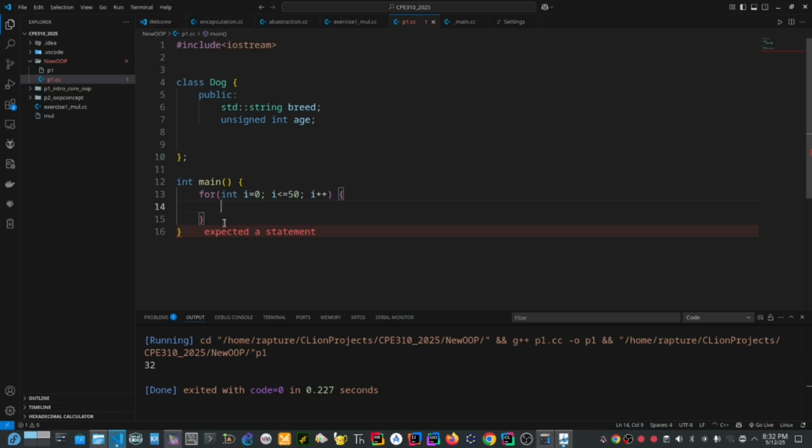In case you are wondering about these structures and how the error is showing here, I just go to the marketplace, search for Error Lens, and install it, so the errors will be displayed on your right-hand side.